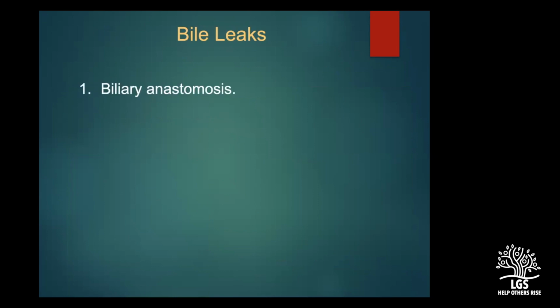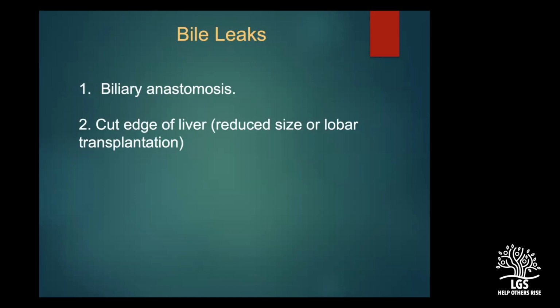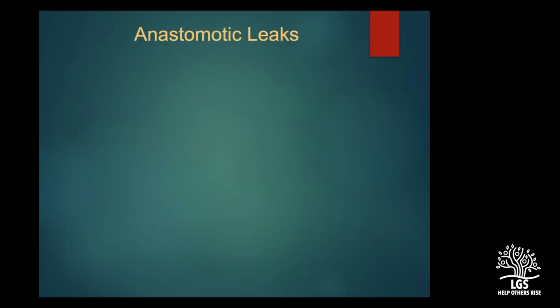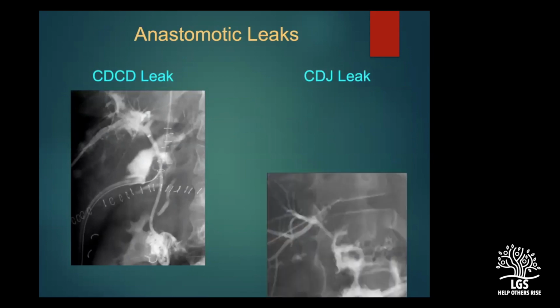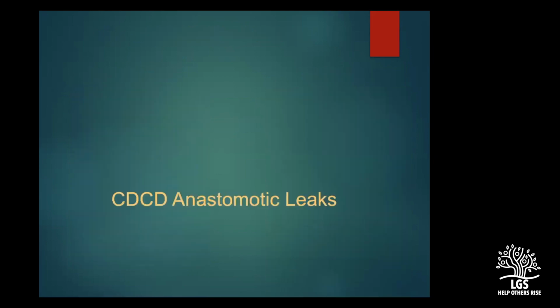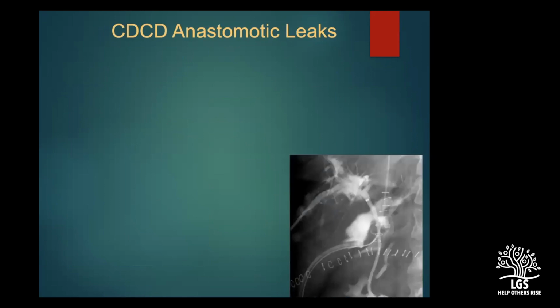The bile leaks, usually it's either from the biliary anastomotic site or from the cut edge of the liver because of the reduced size or the lobar transplantation. Now, the anastomotic leaks, if you look at the duct-to-duct leaks, I think this is a repetition of the slide again, I'm sorry. Looking at the anastomotic leaks,